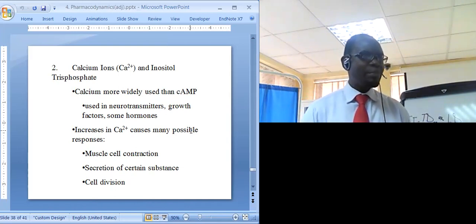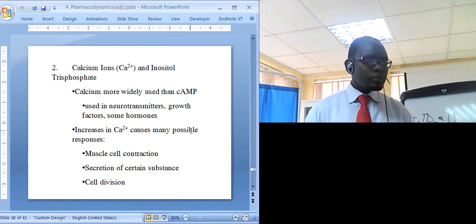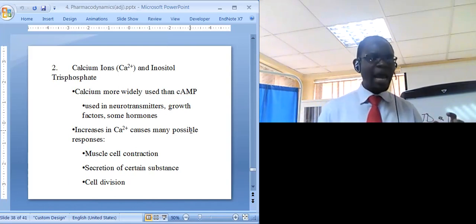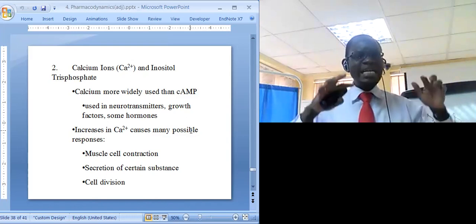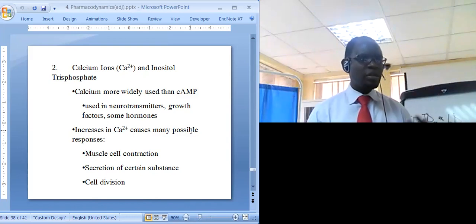What happens is that it causes an increase in calcium ions within the cell, bringing about several effects, like maybe